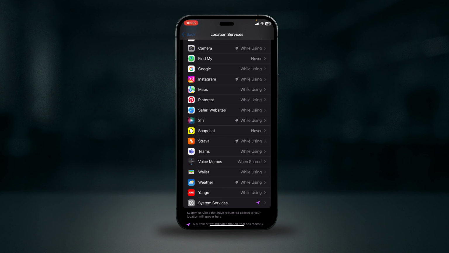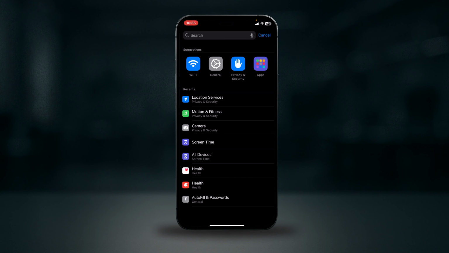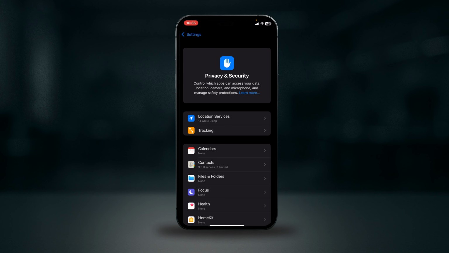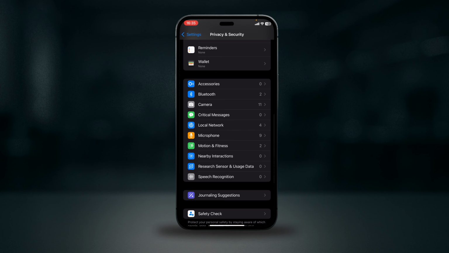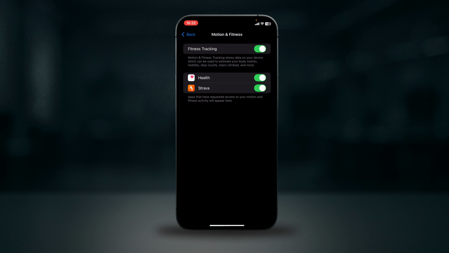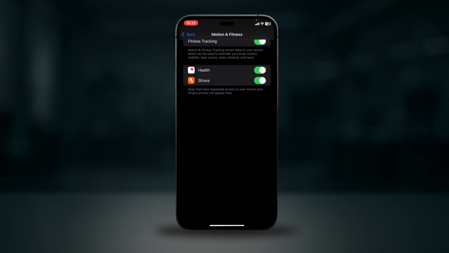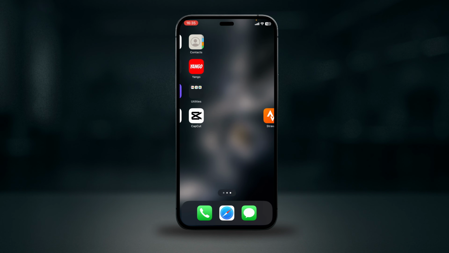Then enable motion and fitness. Go to settings and go to privacy and security and search for motion and fitness. Then enable the Strava app to go on both fitness tracking and Strava. Now Strava can record your runs and rides with full GPS accuracy, sync with health and show stats inside